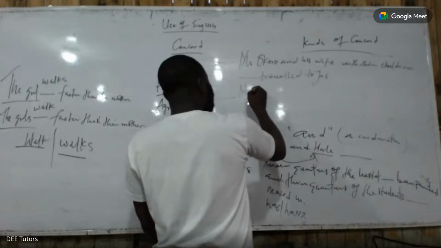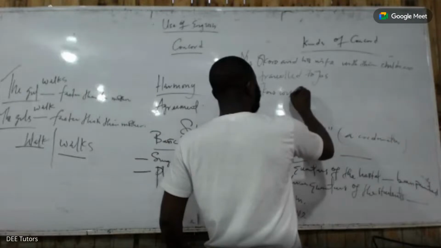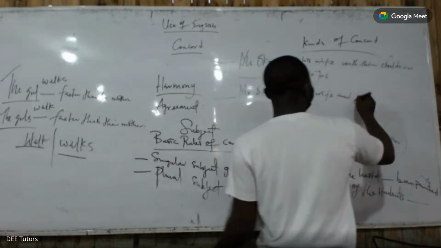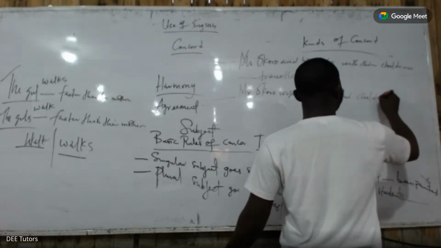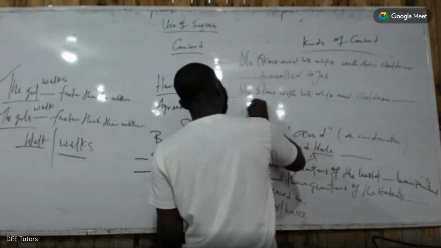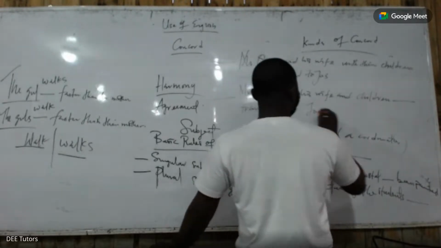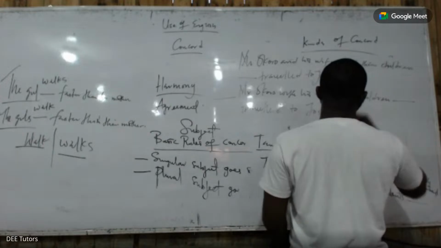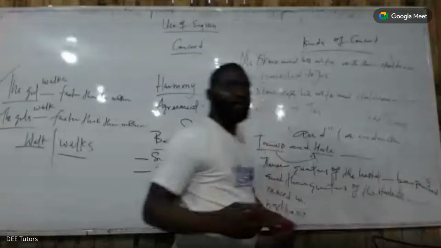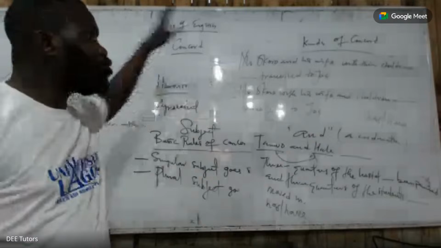Mr. Okoro with his wife and children traveled to Jos. The answer is between "has" and "are". Now, when you look at these sentences, you will see that I use